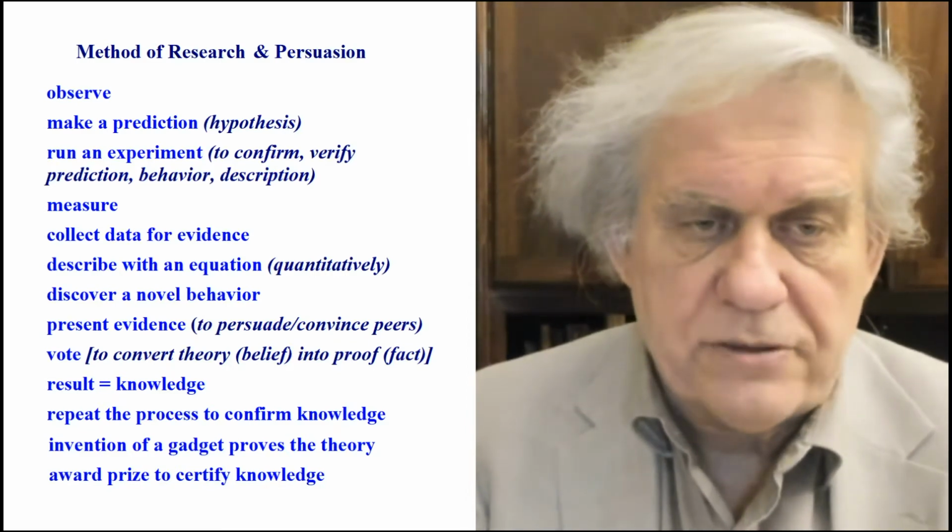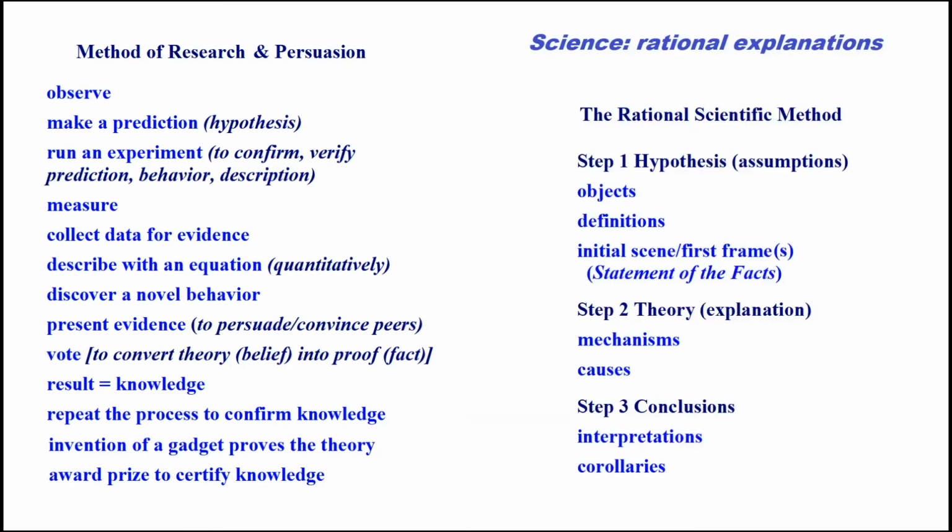Here, let me show you my version. Okay, and this is the rational scientific method. We call it science. We only call it rational science to distinguish it from what the mathematicians are doing, but it's actually science. This is science. What the mathematicians are doing is not even science, it's religion. It's because they don't have rational explanations. There you see, these are the type of explanations that you get, the ones I just mentioned a minute ago. And here you can see why we don't need the word observe or observation. Where do you see the word observation on the right-hand side? Well, you won't see it because it's not there, because you don't need it for anything. What is a hypothesis? It's the assumptions. And what are the assumptions?